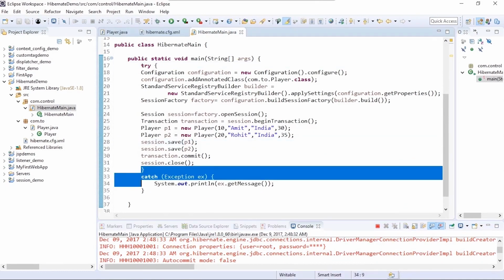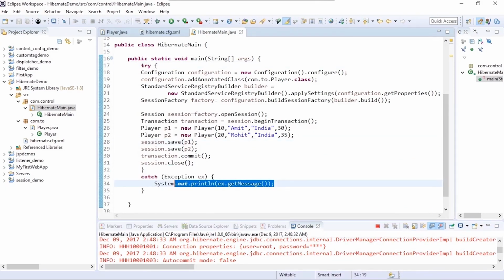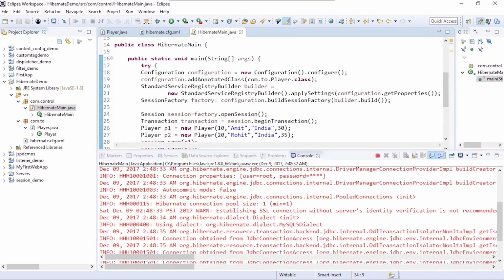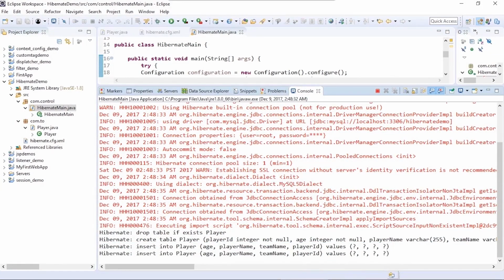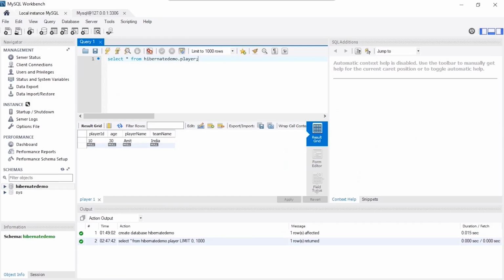What I've also done is I've just introduced a try catch block. So in case there are any errors where we have gone wrong, it would return the error messages to us, right? Else the code continues to remain the same with just the new record. So let's check in the database now. We'll execute this, and here you see the second record that we just inserted is available in the database.